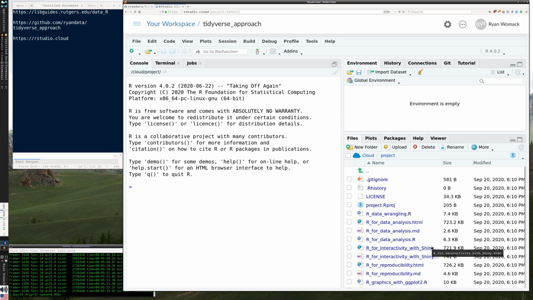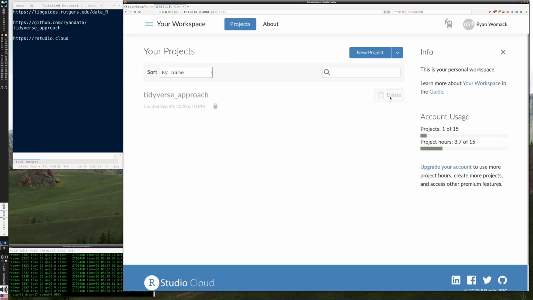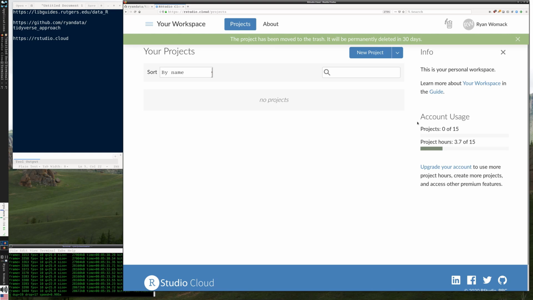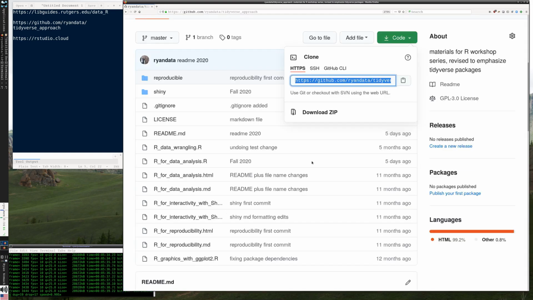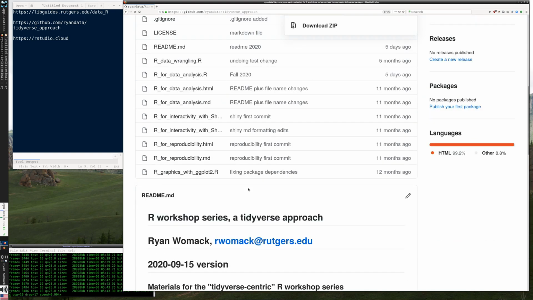But I'm not going to use RStudio Cloud for my own demo. I'd rather just use my own system. So I'm going to go back to my workspace, and I'm going to delete this project so that I don't use hours from my account. And I'll just close that. Okay, so before we launch RStudio for real,